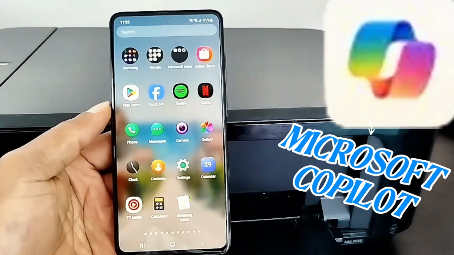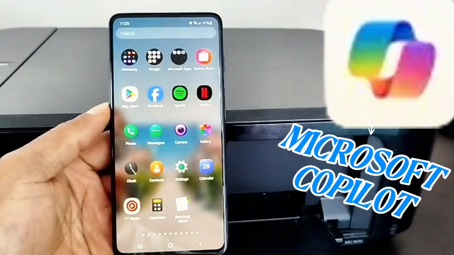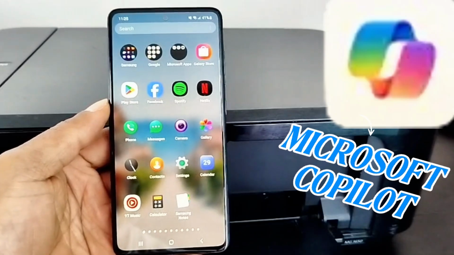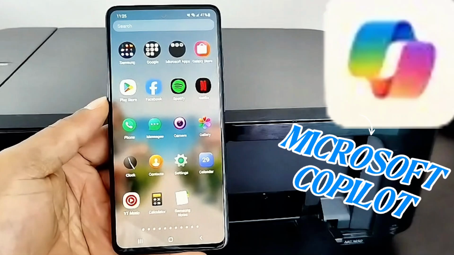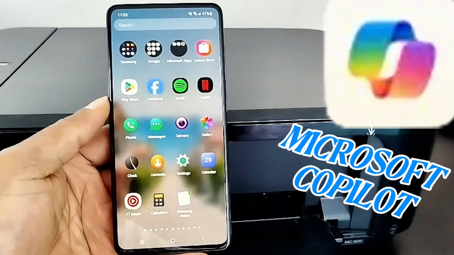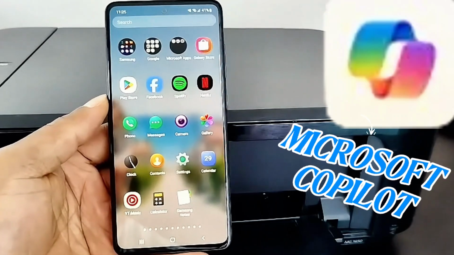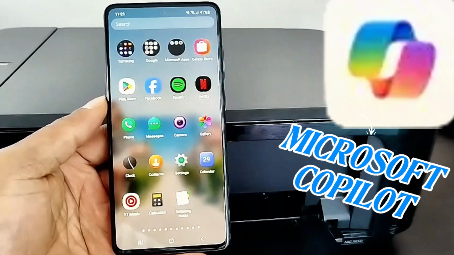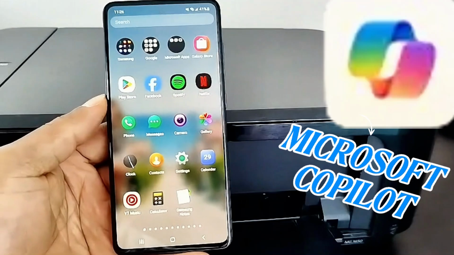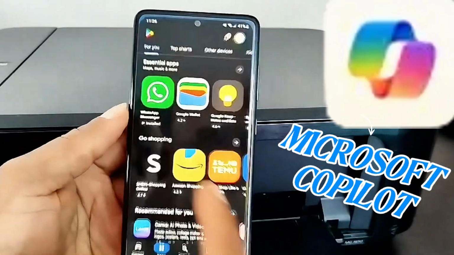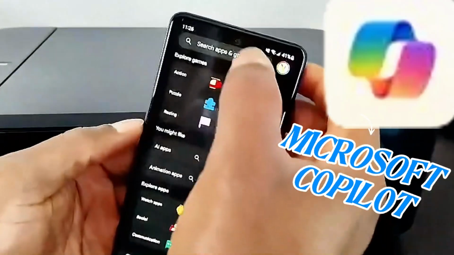How to download this? Android/iOS: search for Microsoft Copilot in Google Play Store or App Store and install it. Windows: it may be integrated into Windows 11 or available for download from Microsoft Store. Web: you can access it directly at copilot.microsoft.com. So select Play Store, select App and search Microsoft